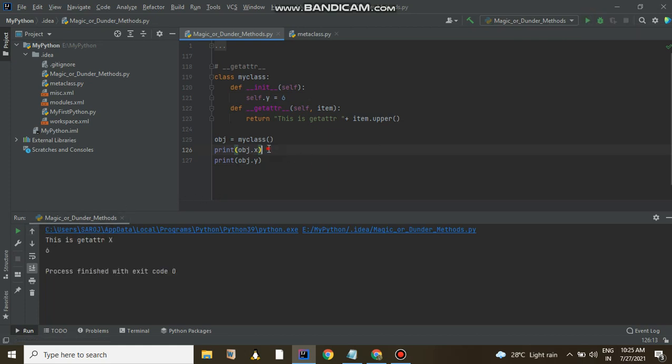But if you want to access another attribute which is not present, suppose hello, this time it will go to __getattr__ and give you the corresponding output by executing its body. So this is all about __getattr__. It is used whenever there is a chance of an undefined attribute in your class.